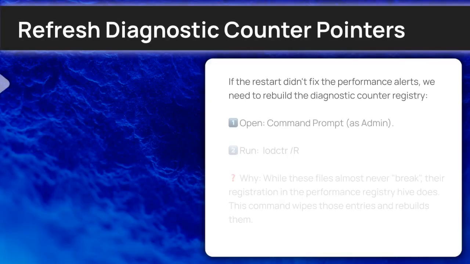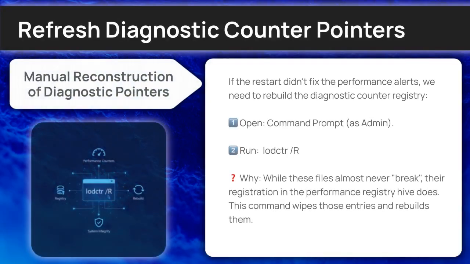If that didn't clear the error, follow these instructions to modify your system paths. If you need to pause the video to type these out, please do so. If the restart didn't fix the performance alerts, we need to rebuild the diagnostic counter registry. First, open command prompt as admin. Second, you're going to type